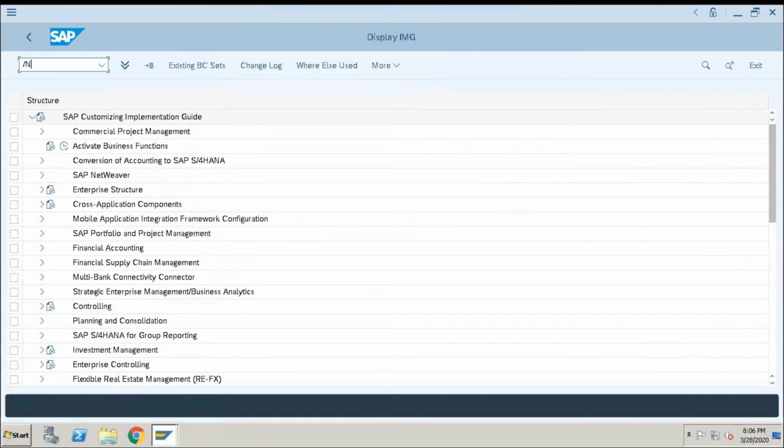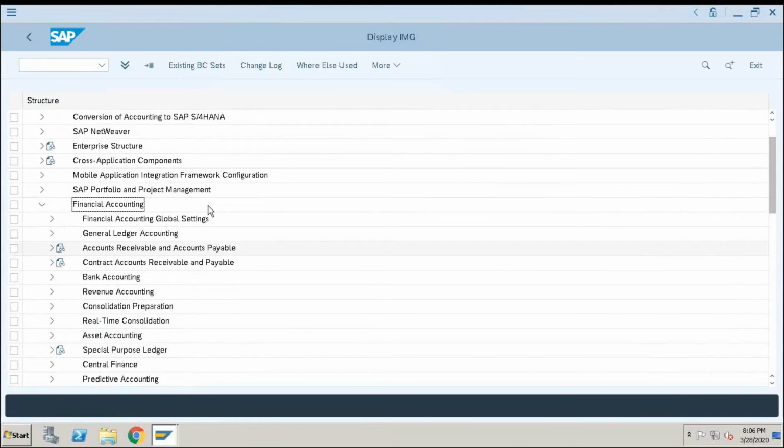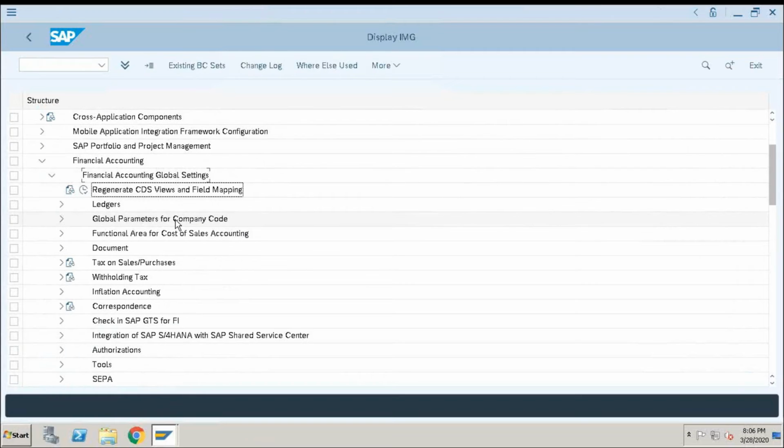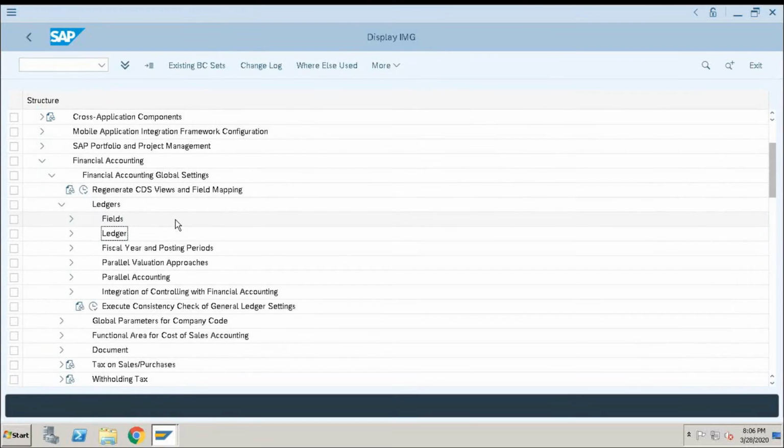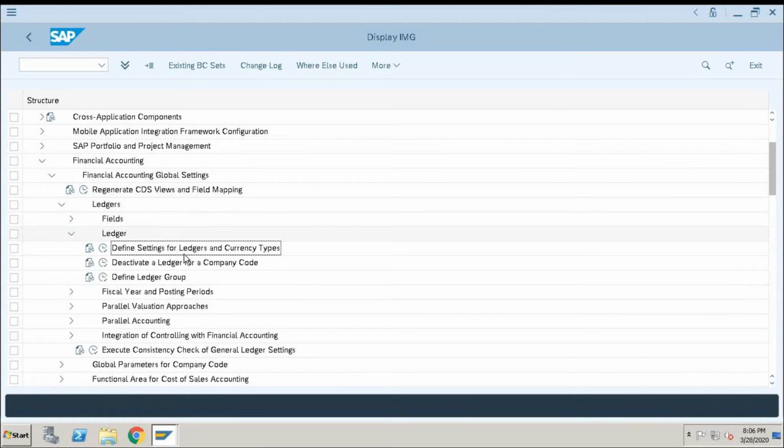So generally we know how to create ledgers in ECC, right? We have leading ledger, non-leading ledger, and representative ledger. Here, global settings, ledger, define settings for ledger and currency types.